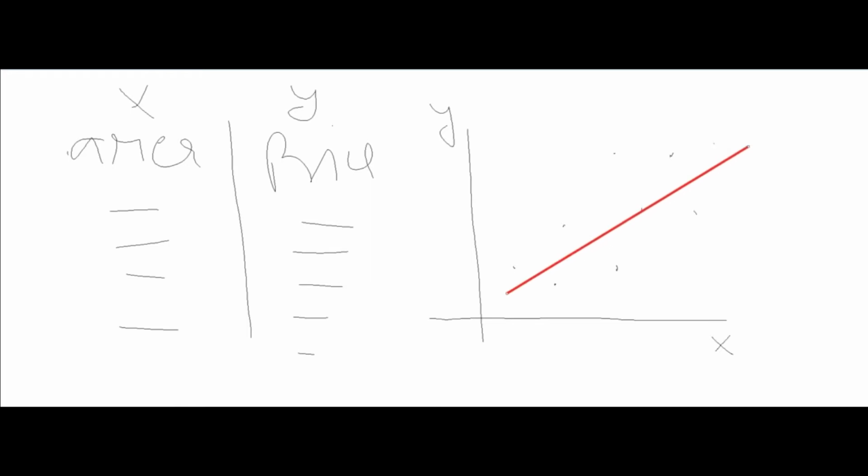in between these data points, and the equation of this line is y equal to mx plus b. So we need to calculate predicted y based on x, that is area, where m is our slope and b is the intercept. We need to write Python code so that our linear model can calculate the coefficient and intercept for this linear line. Let us see how we can perform these tasks in Python.